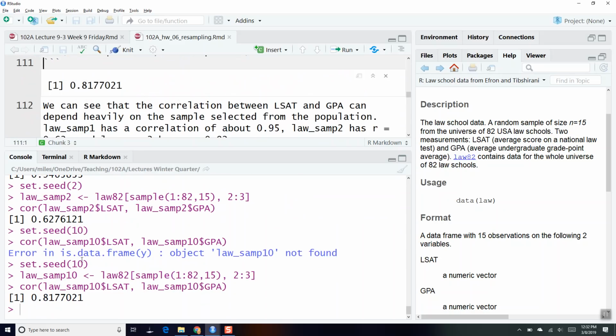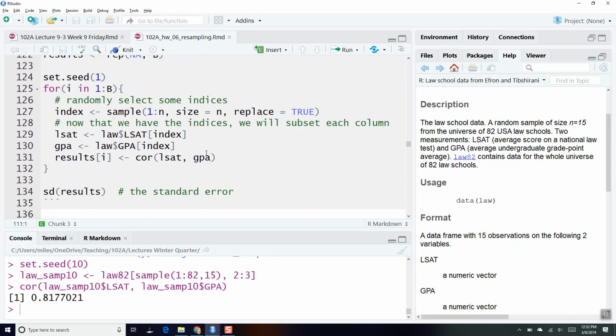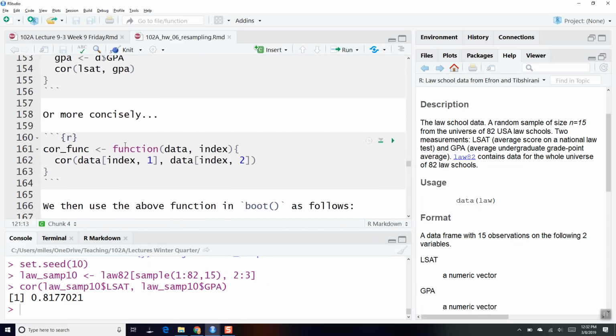And I get a correlation of 0.817, okay? So just by selecting 15 different schools out of the 82, we can see our values change quite a bit. But anyway, we'll go ahead and take the data set law, which has 15 things, and we'll go ahead and use